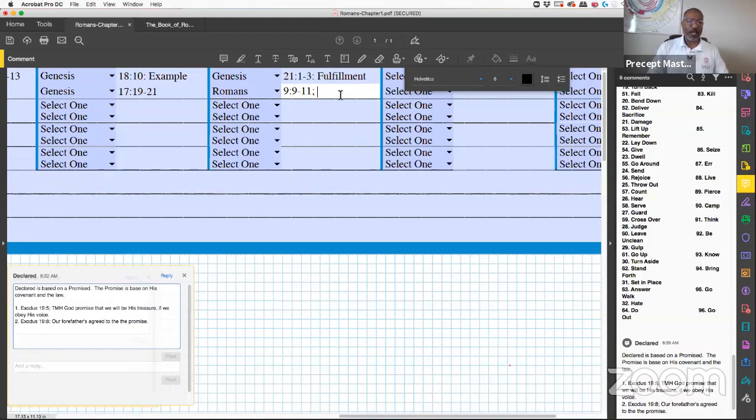So now we also have to look at, actually, I want to do it this way because we've got to work back. We're going to go through 6 through 8. Why? Because you're seeing this fulfillment, but we have to look at that. Now it says, not as though the word of God has taken no effect, because he promised it.